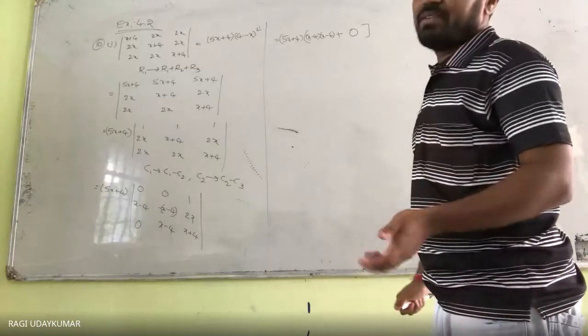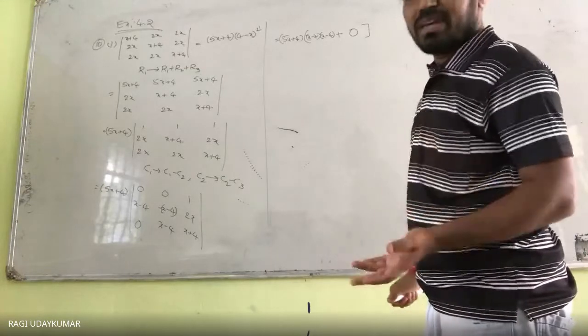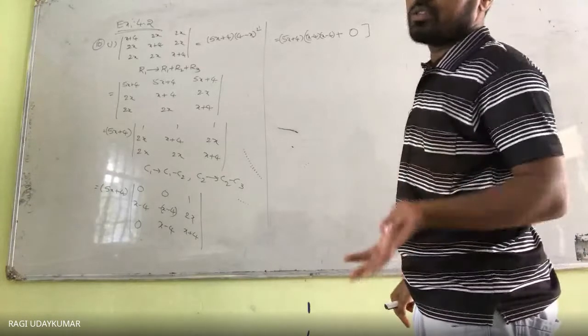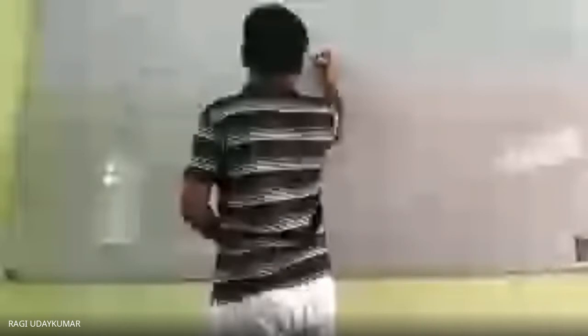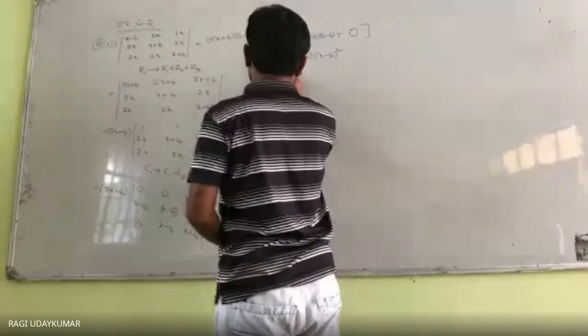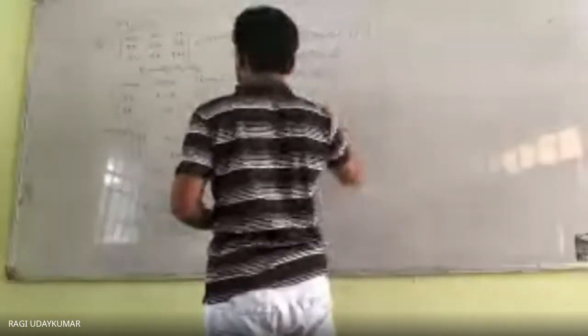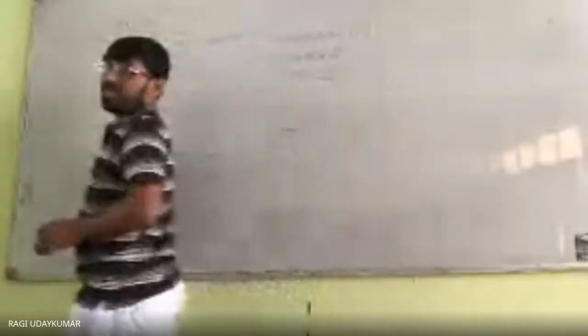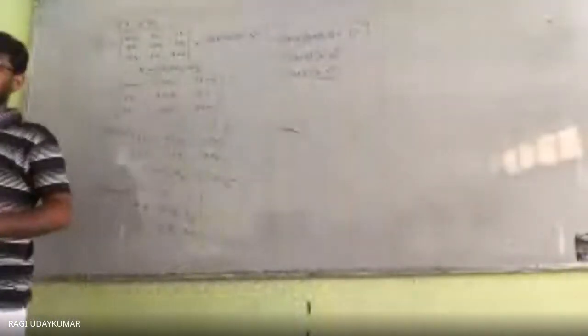But in the question it is given 4 minus x whole square. X minus 4 whole square or 4 minus x whole square, you are going to get it as x minus 4 whole square. If you want, you can write it as 4 minus x whole square also, because a minus b whole square is equal to b minus a whole square. Is it clear to you?